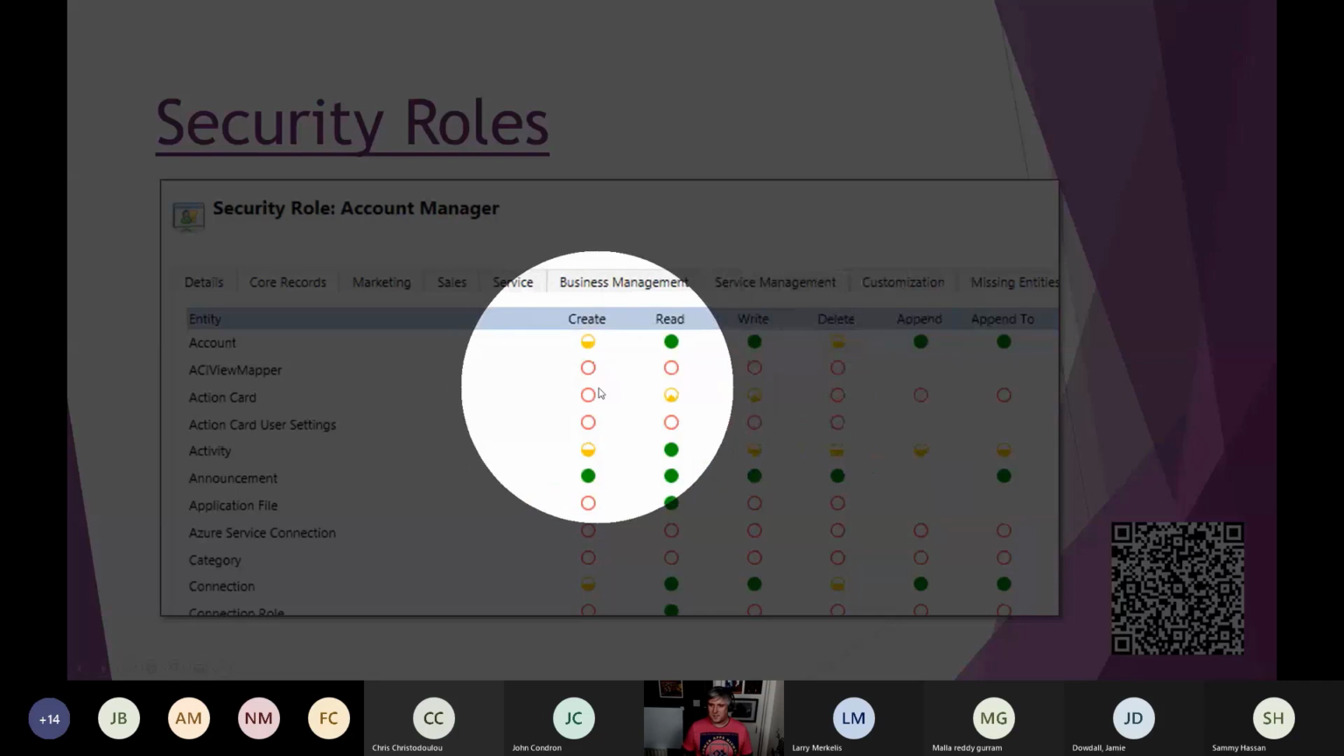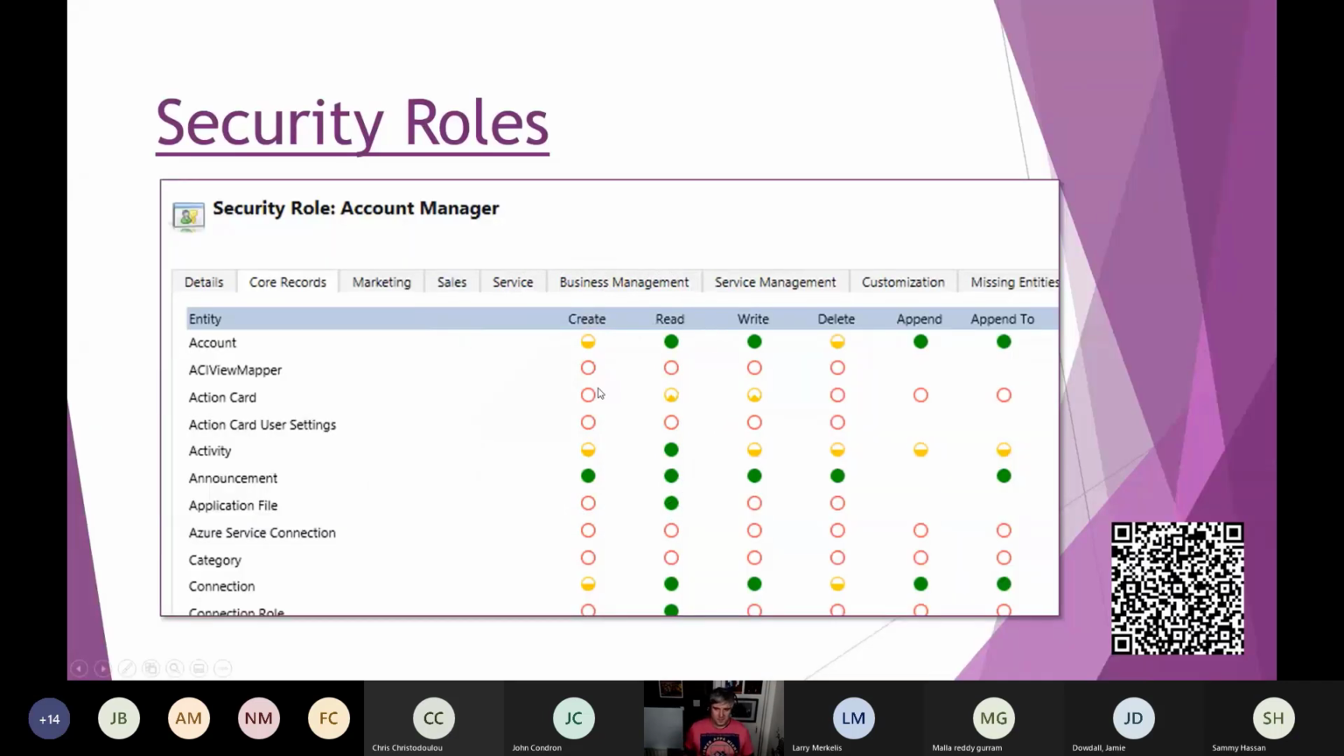The no slices of the pie, they can't access. So say read, they can't read any records in the organisation at all. The one slice here, that means that they have access to records owned by them. And I'll look at the owner field when I'm doing the demo, and I'll explain the owner field a bit more. And you've got another one which is not in that screenshot, which is 3/4 of the pie,